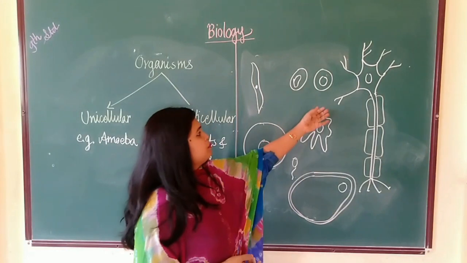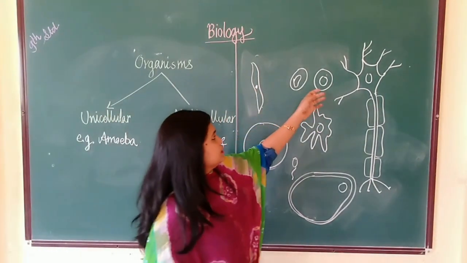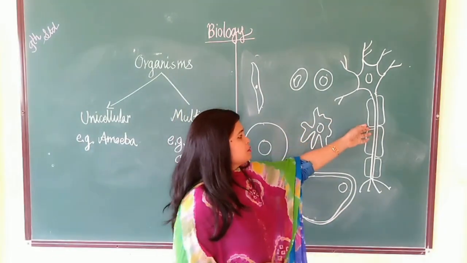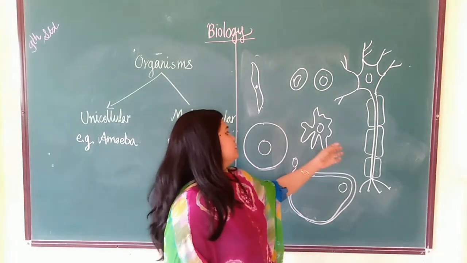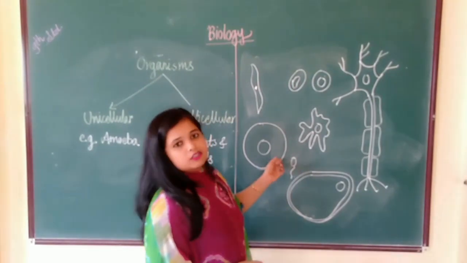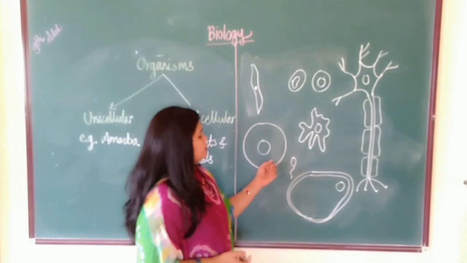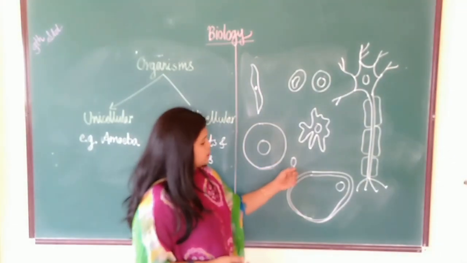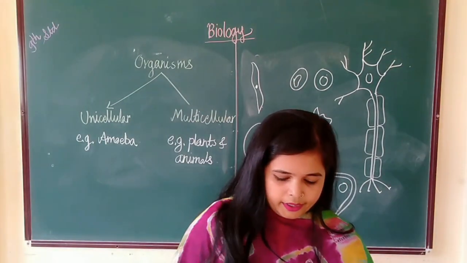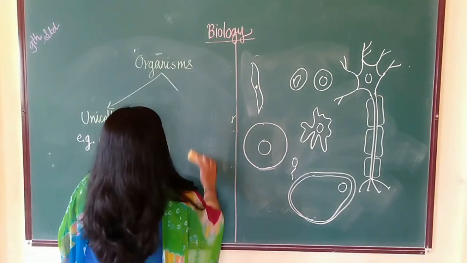Here we see the different types of cells found in the human body. This is the structure of muscle cells. These are the blood cells. Blood cells also show differences. And this is a nerve cell. Nerve cells are very long. Then these are bone cells. This is the structure of the human egg or ovum. It is very big in size because it has food reserve in it for the developing embryo. Then this is the structure of the sperm cell. This is a fat cell. Each living cell has the capacity to perform certain basic functions.